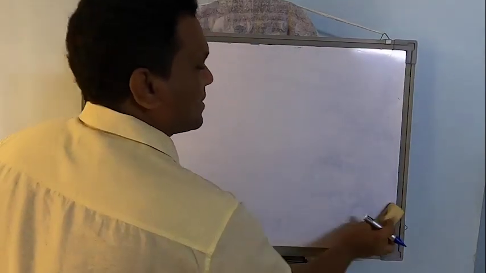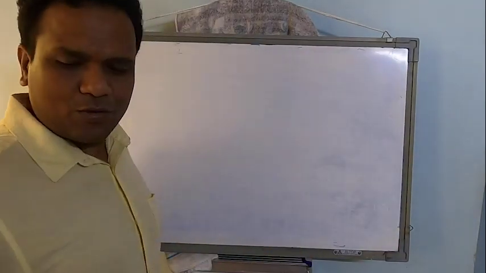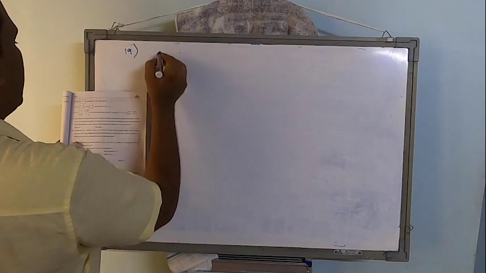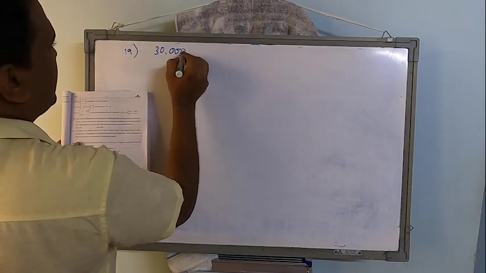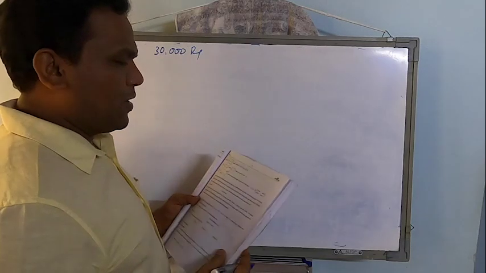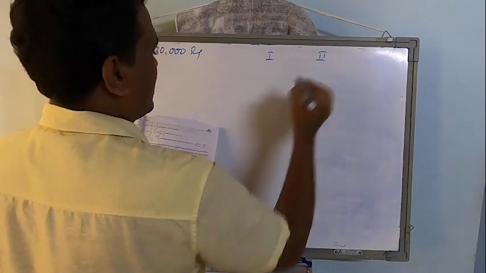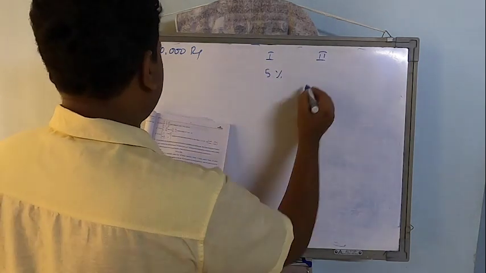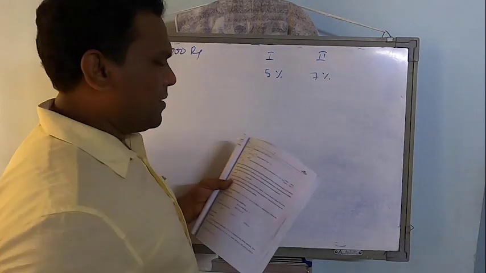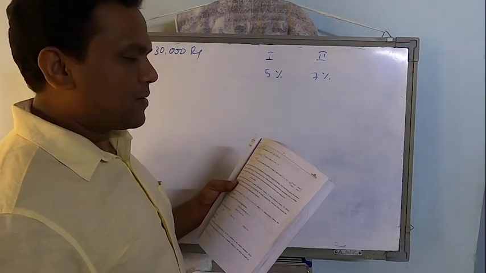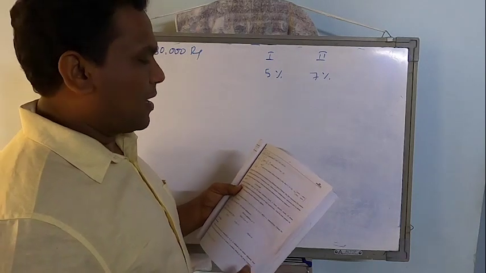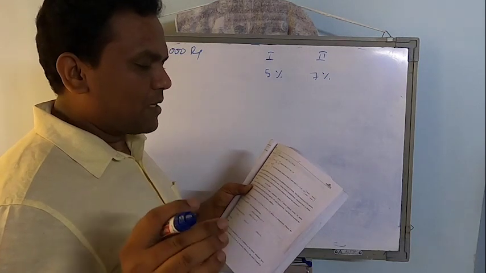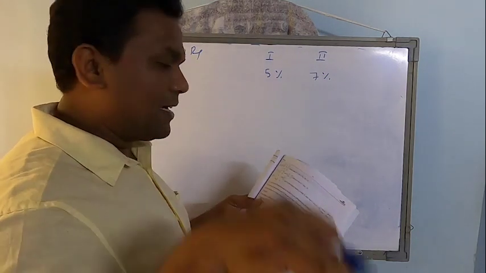The last two are statement problems, bank problems usually. So one of the problems is problem number 19. There is a sum of 30,000 rupees. What we have to do? I have to invest in two different types of bonds, right? So the first bond will pay me 5% rate of interest per year, and the second one will pay me 7% rate of interest. Using matrix multiplication, determine how to divide 30,000 among two types of bonds if the trust fund must obtain an annual interest of, annual interest is given to us.